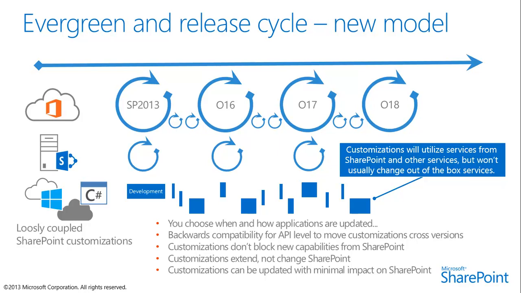You most likely can't jump across multiple versions, but you can upgrade SharePoint to the following version, and the REST APIs and the client-side OM will still work, like they did in 2010 when we moved to 2013. You were not forced to do any changes. The same backward compatibility model will be there for SharePoint apps and the CAM pattern. So the customizations as such don't block new capabilities of SharePoint, and that's the key and most important thing.